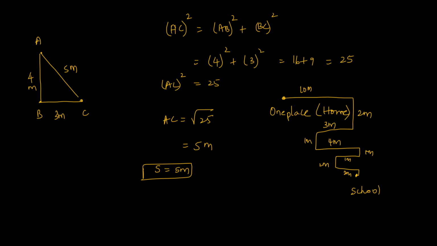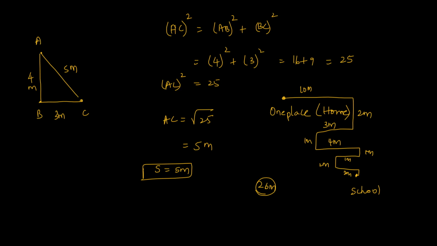So the total distance will be 10, 2, 12, 15, 16, 20, 22, 22, 24 and 26. The total distance traveled by you is 26 meter. But if I ask you for the displacement, you will not have to go that way. You will have to consider that there is nothing in between. You have to neglect or eliminate all the buildings, all the concrete structures, the trees.